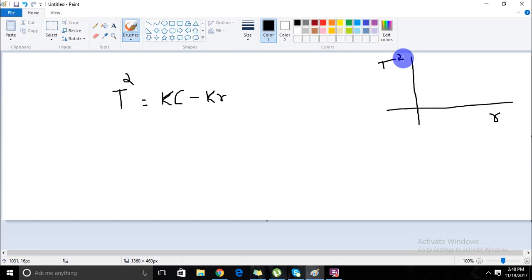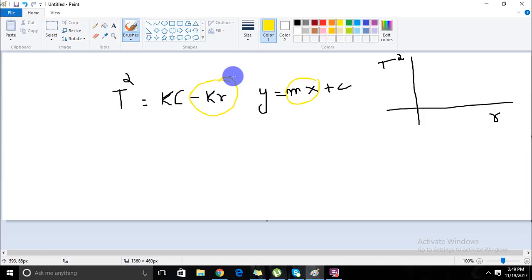Then r is obviously the x, and y is equal to mx plus c. If we are comparing all of this, what would this mean? That this and this are analogous, and this means basically that mx is equal to minus kr, and because r is equal to x, and the gradient would be equivalent to